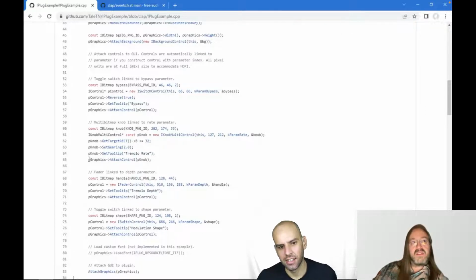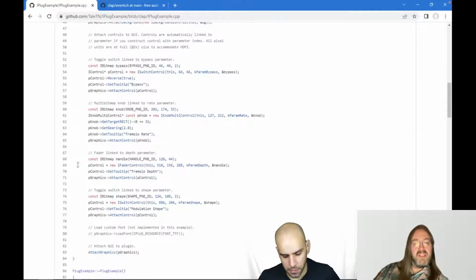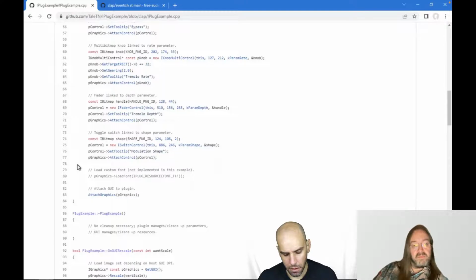But I think it's also convenient because that means the GUI is available from this point on. So that if you dereference it in another function, it's available. Because else, for example, if a parameter change happens, you might want to update some other GUI control. But if the GUI is not yet there, if it's just a null pointer, then you have to check and worry about it. So it's kind of convenient to have it here already. But okay, that is somewhat inefficient in the sense that you wouldn't really have to do all this work while scanning the plugin, and now you do have to do that.